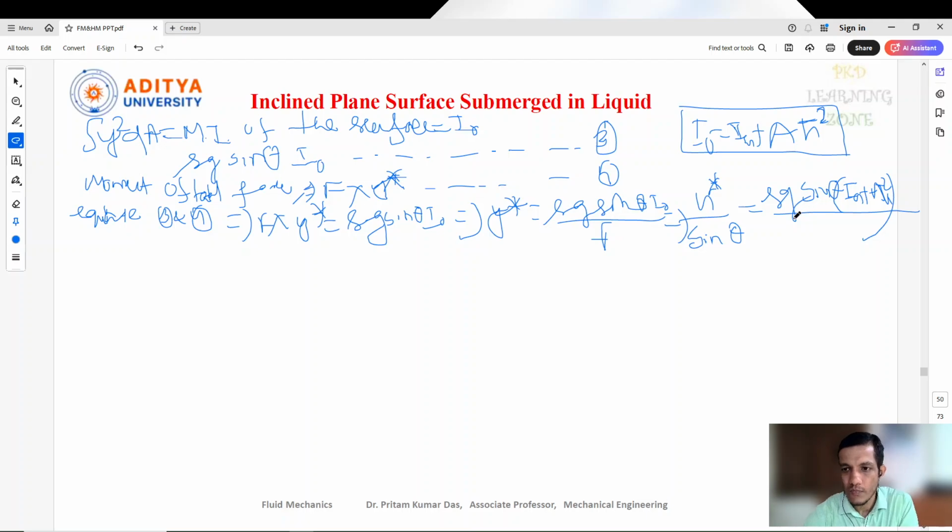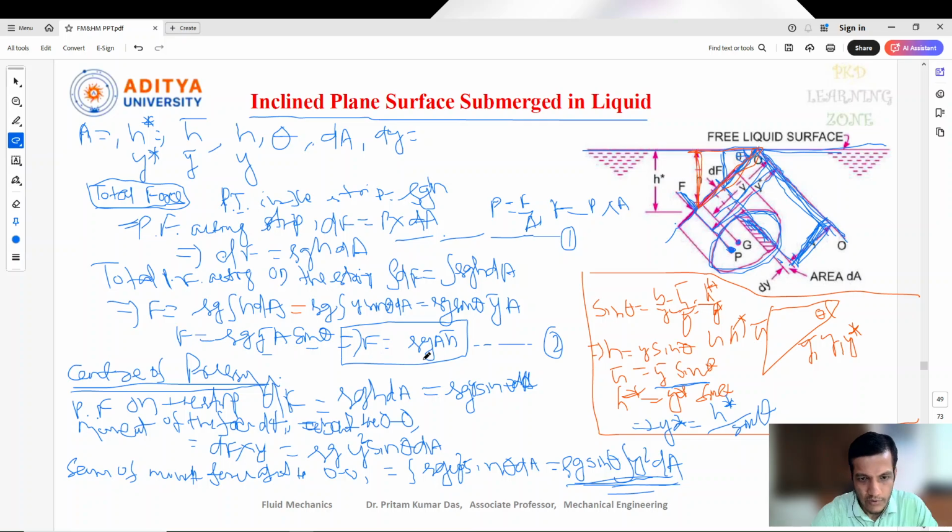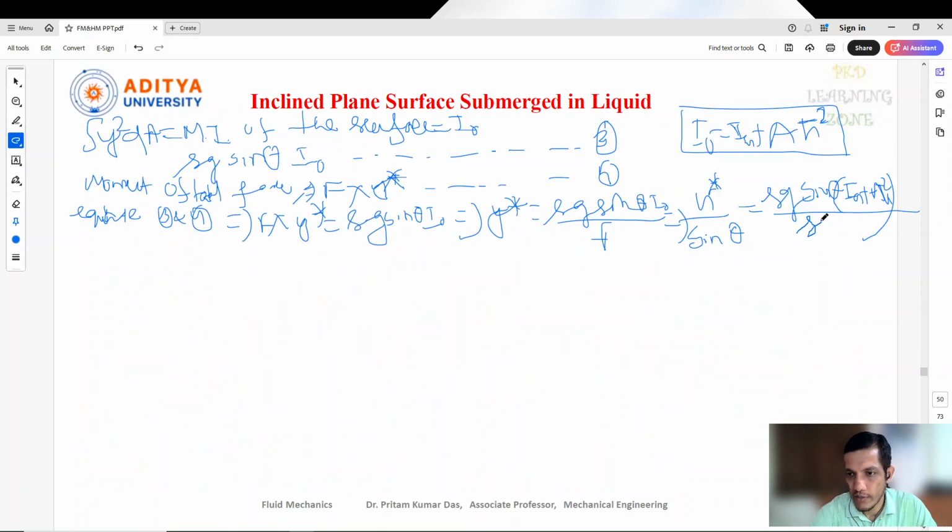Now this one we can write, F by sine theta, this is F value also we got here already. Previously we got the value of C rho g h bar, so that one you can write rho g h bar. So rho g will be cancelled. Now let me write here, what is h star equal to h star sine theta. Let's take it that side. So that is sine square theta